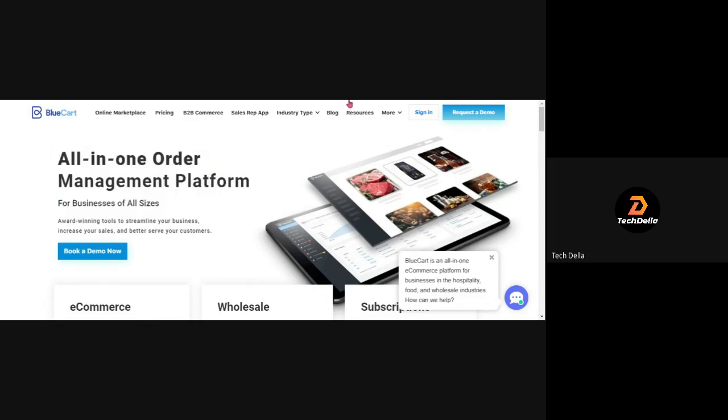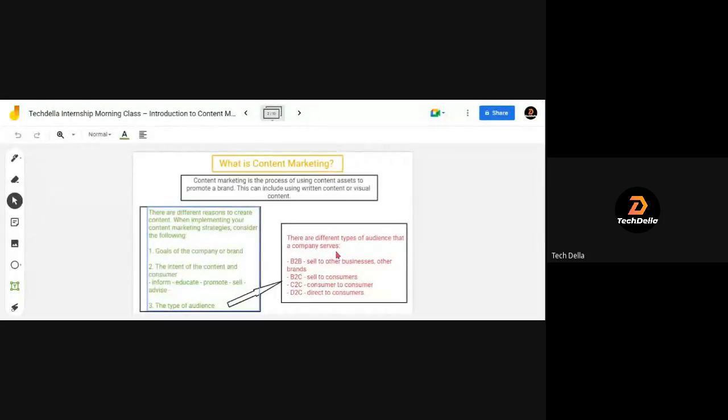So meaning, if I'm going to be creating content for Blue Cats, I understand that their goal is to sell their products. I understand the intent of the consumer, for instance, is to maybe find a product in the wholesale industry that will help them to manage their orders. Now, I know that the type of audience I'm writing for is business to business. I'm writing for other businesses. So the type of content I write in that case is,